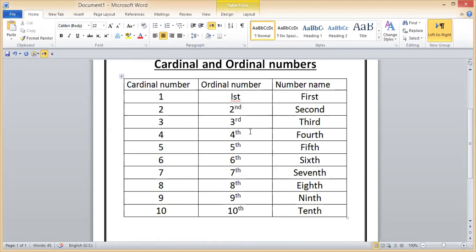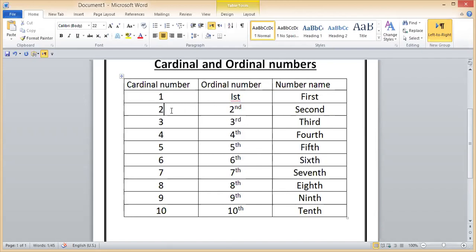The only thing you should know is that one, the cardinal number, is first. If someone is at number 1 position, you will say he is first. Same like when you got your result. If there are 20 students in the class, when the result is announced, someone got first position, someone got second position, someone got third position. The student who got the highest marks is at number 1, that's why he is first. To tell the position of number 1, you will always use first.